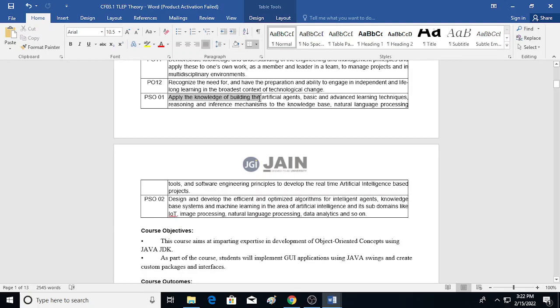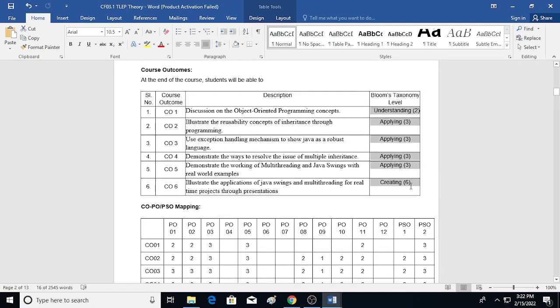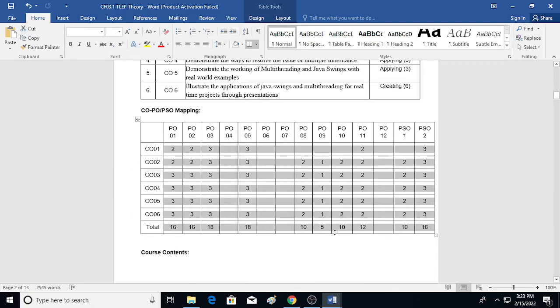PSO1 is: apply the knowledge of building artificial intelligence basic and advanced learning techniques, reasoning and inference, knowledge-based natural language processing tools, and software engineering principles. Then the next one is this. Each CO is mapped with these PSOs, and the total value is calculated at the bottom.